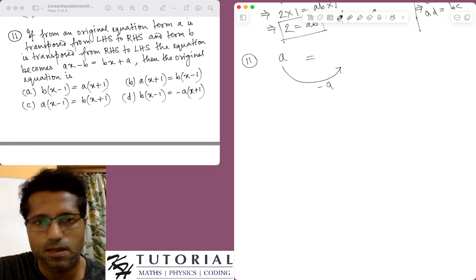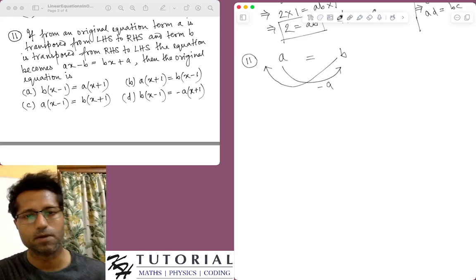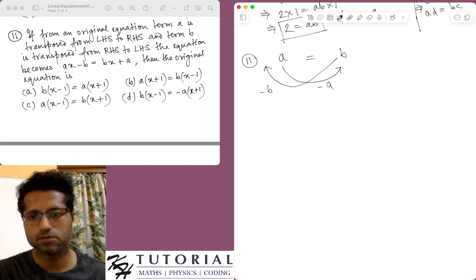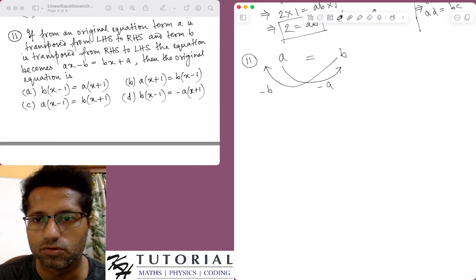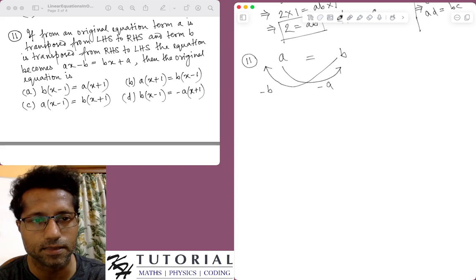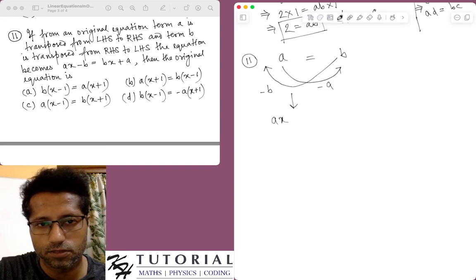become minus A. And it says that term B is transposed from RHS, so the term B was somewhere on the right hand side, and B was transposed to the LHS, so it will become minus B. That is, B will be added to the LHS as minus B, and A will be added to the RHS as minus A. After the transposition, the equation becomes like this,